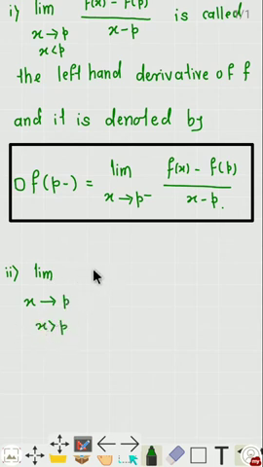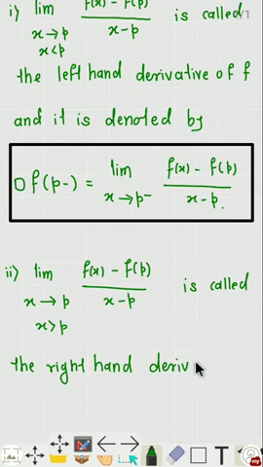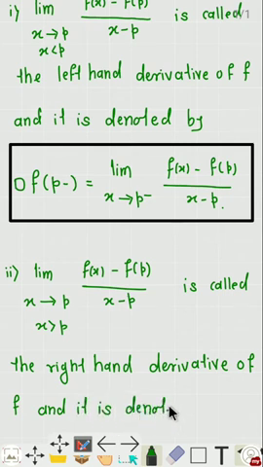The limit as x tends to p of f of x minus f of p, whole divided by x minus p, is called the right hand derivative of f, and it is denoted by